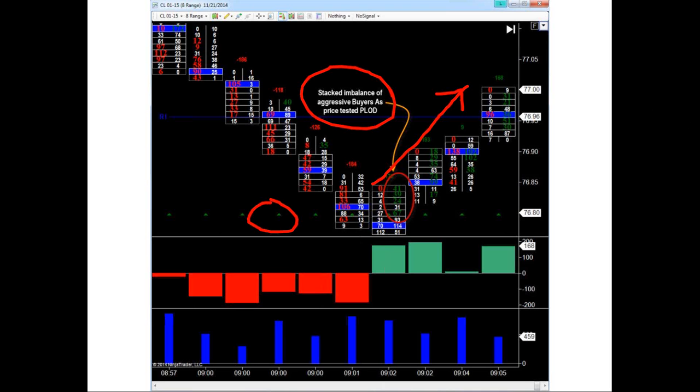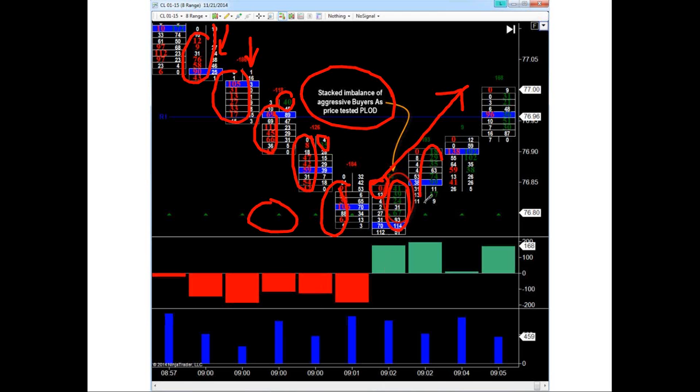Yep, easily identifiable, isn't it, Kevin? Kevin is saying that there are lots of aggressive sellers on the way down and very few aggressive buyers. If you just looked at this chart, folks, and looked at all the red numbers on the way down, and look on the other side, do you see any green numbers? This person has them color coded to green. You've got like one here, and then a sea of red. One green here, a sea of red. A sea of red. And then all of a sudden, a sea of green,